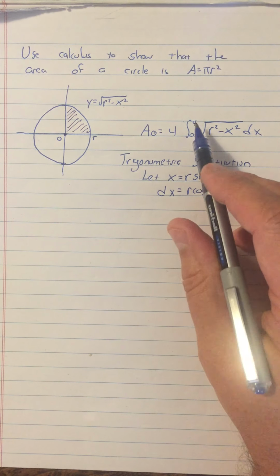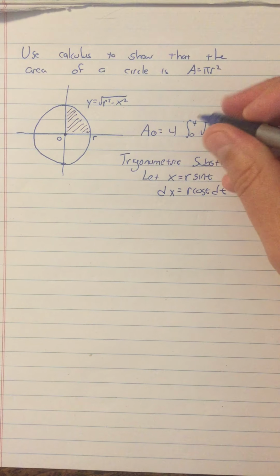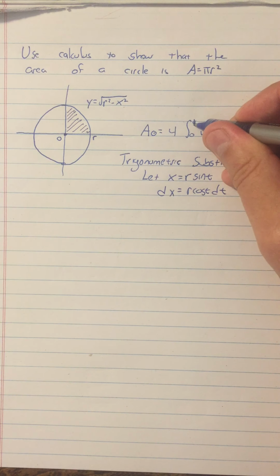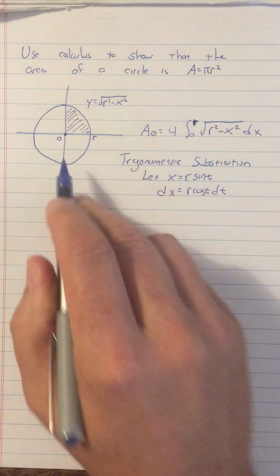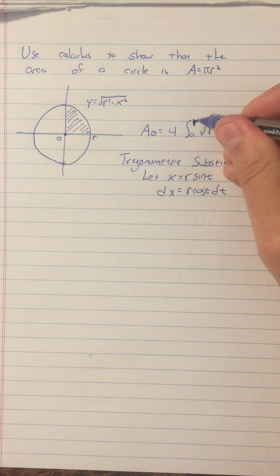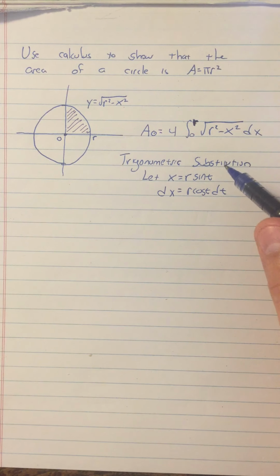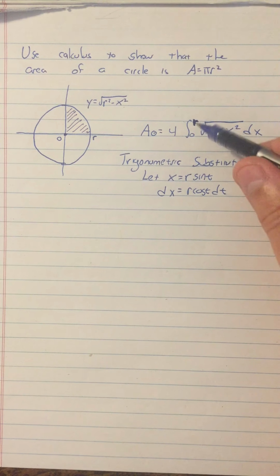But before we get to that, normally when I do a u substitution, I don't change the variables up here. By the way, you see that 4 right there? That's actually supposed to be an r. That's supposed to be integral 0 to r, right? Integral 0 to r. All right. So normally when I do a u substitution, I just leave the limits. Remember, that's just sort of a shortcut that I've taken a lot that is kind of sloppy, but it works, and I like it. In this particular integral, it makes it a lot harder if you don't change the limits